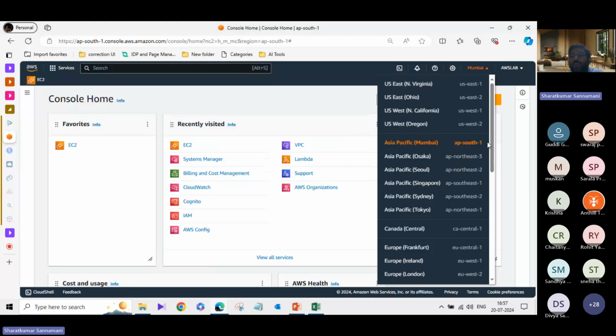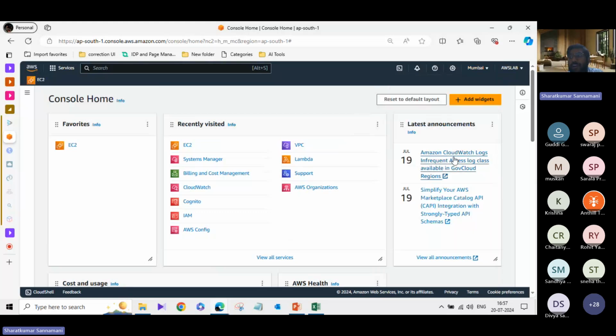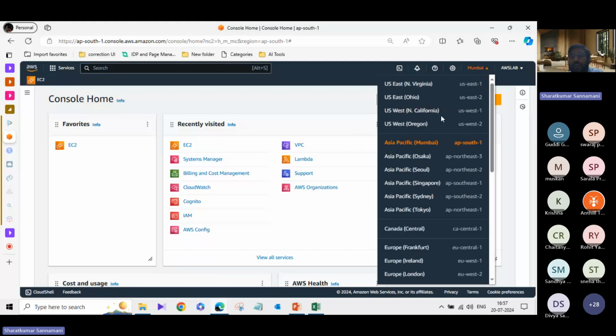You can't have access to each server or each availability zone. You can only select the region, and they will take care of where to create the server. They can create this EC2 instance or server or storage in a Hyderabad location or in a Mumbai location, their choice. Your choice is to select the region based on your requirement.